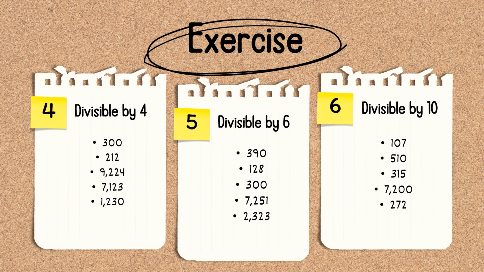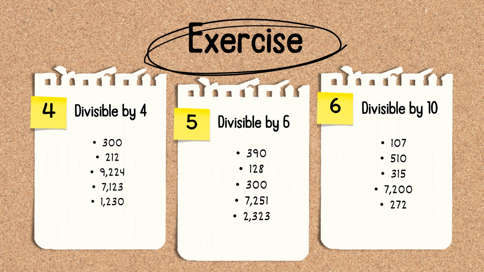300, two zeros. It is an even number. It is divisible by 2. And 3, let's add the sum of the digits. 3 plus 0 plus 0 equals 3. 3 is divisible by 3. So the number 300 is divisible by 3. Yes, it is divisible by 6 too. Okay,